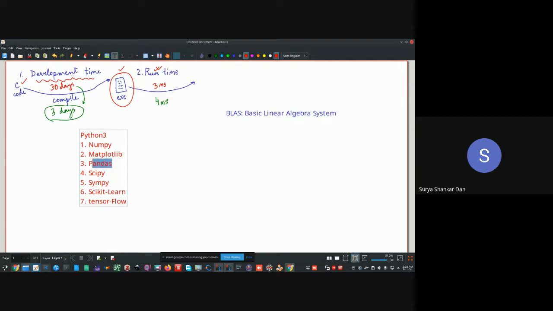So if you are trying to work on data science, then pandas, scikit-learn, TensorFlow, and of course matplotlib is always there. So in the programs in this course, we have started with NumPy and matplotlib. Matplotlib is just for plotting, NumPy is for the arrays. And later on, we will probably work on SciPy in this course. Scikit-learn, TensorFlow, SymPy, I do not think it would be really helpful.